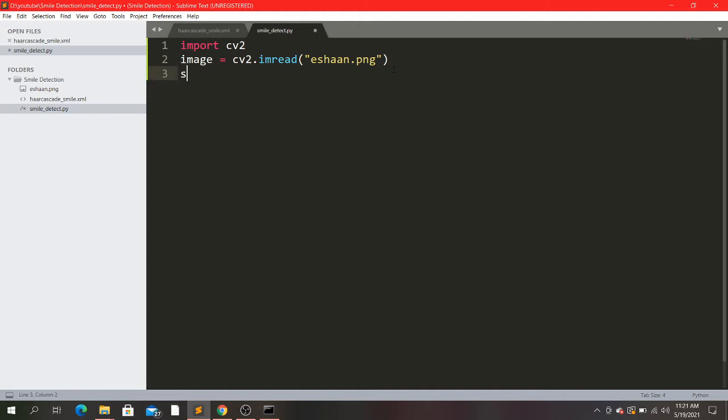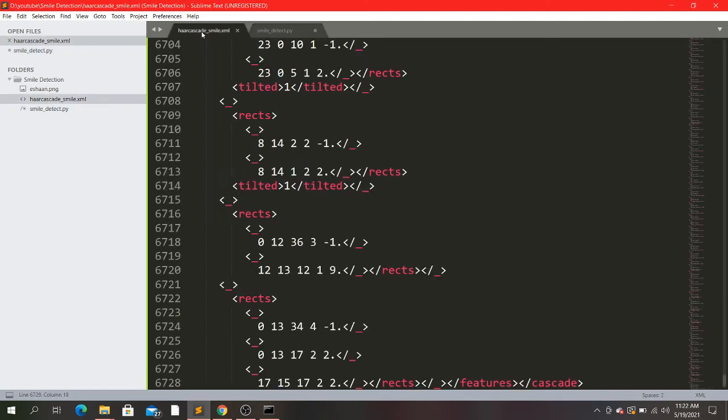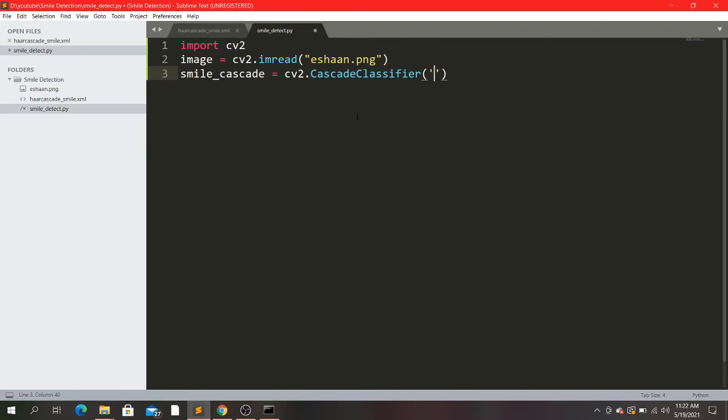Now comes the third step. smile_cascade equals cv2.CascadeClassifier. Using this function, you are loading your haarcascade_smile.xml file.